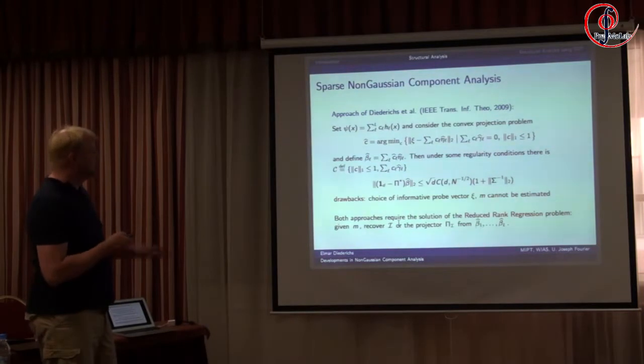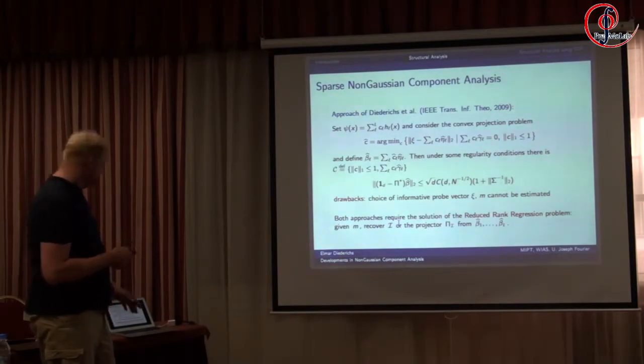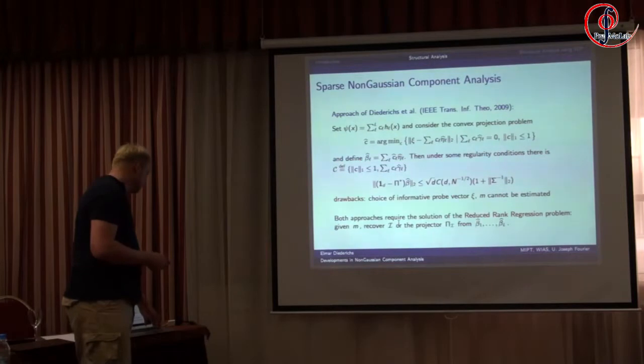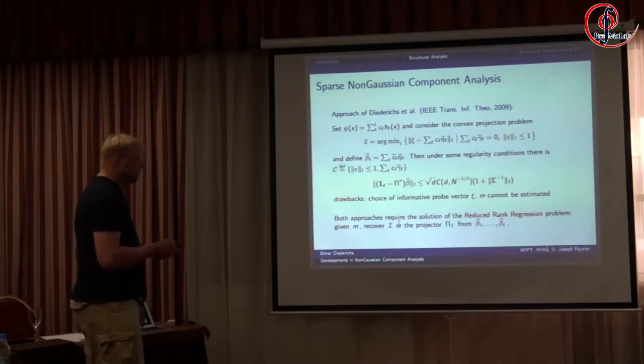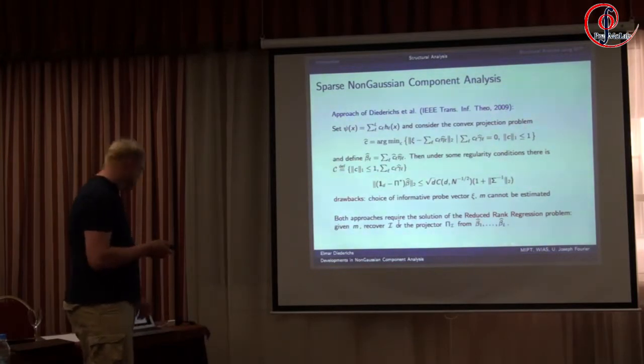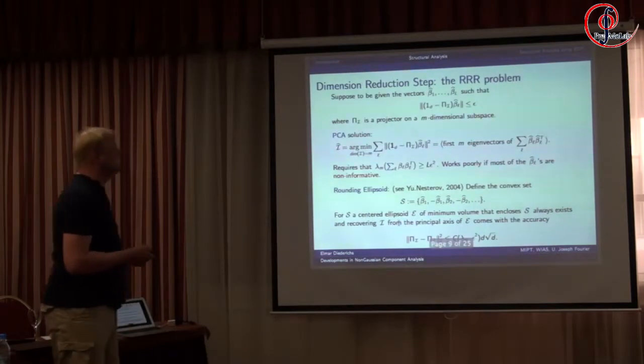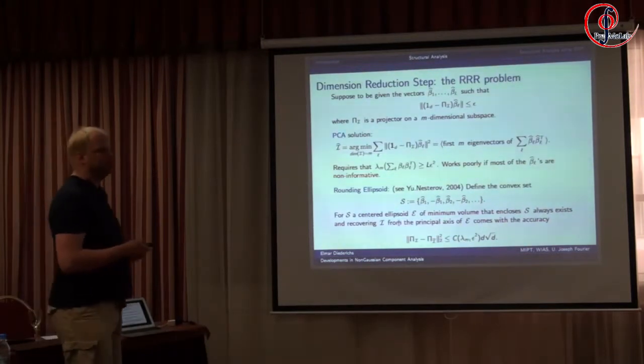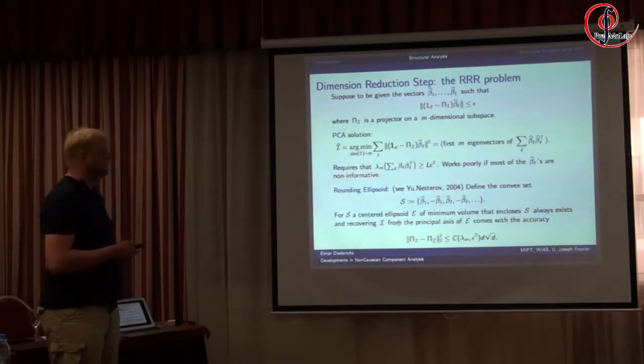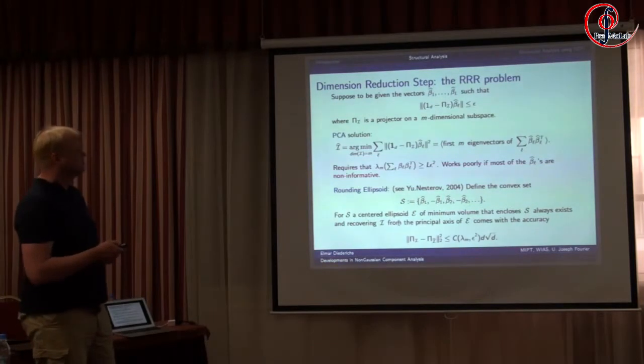So both approaches, this sparse non-Gaussian component analysis and the non-Gaussian component analysis from the slide before, have the same problem. They lead to some kind of random regression problem that you have to solve. That means you have a set of estimated elements beta from the target space, and you have to construct a basis from this set. So there are actually two possibilities to do this. One solution is PCA in the usual way, but the drawback of this is that